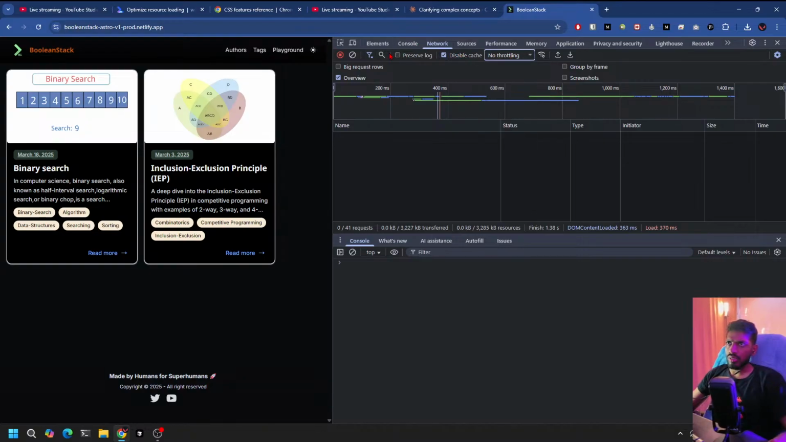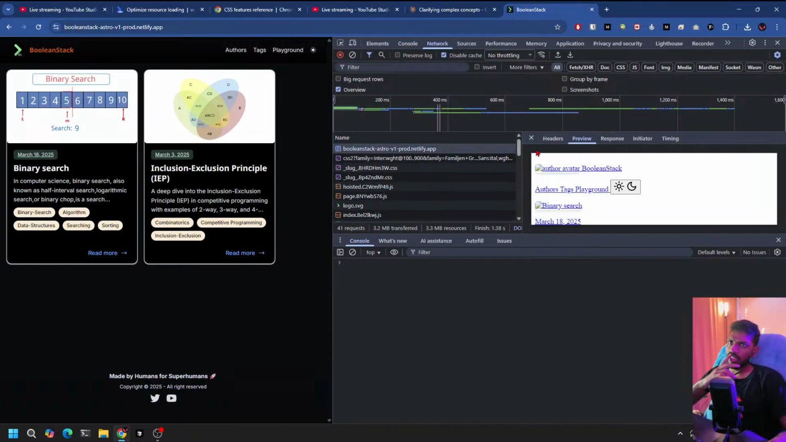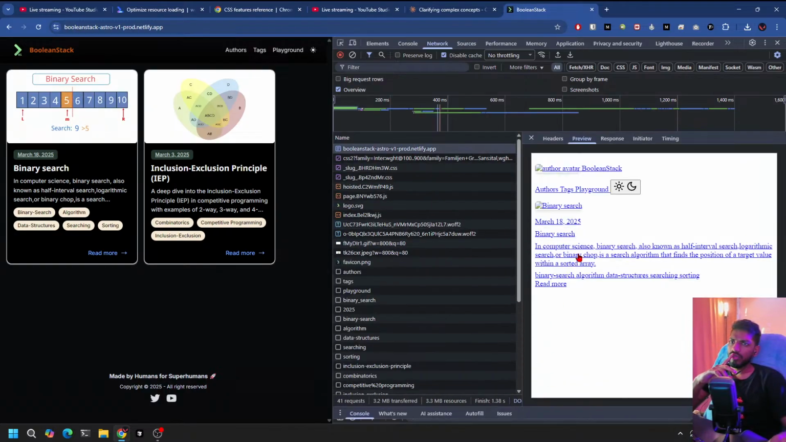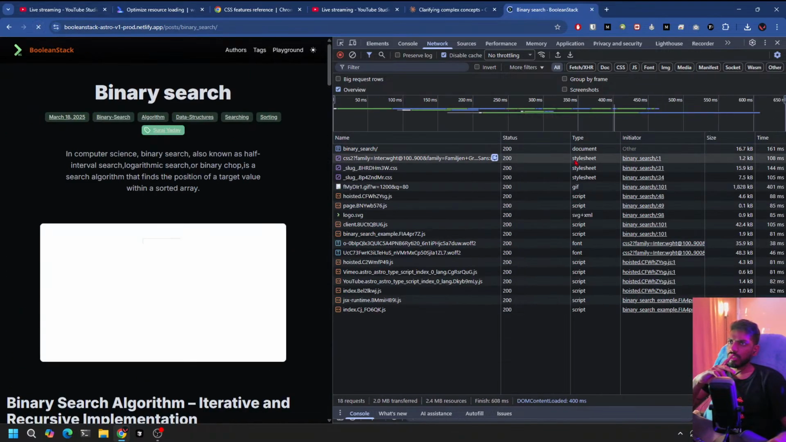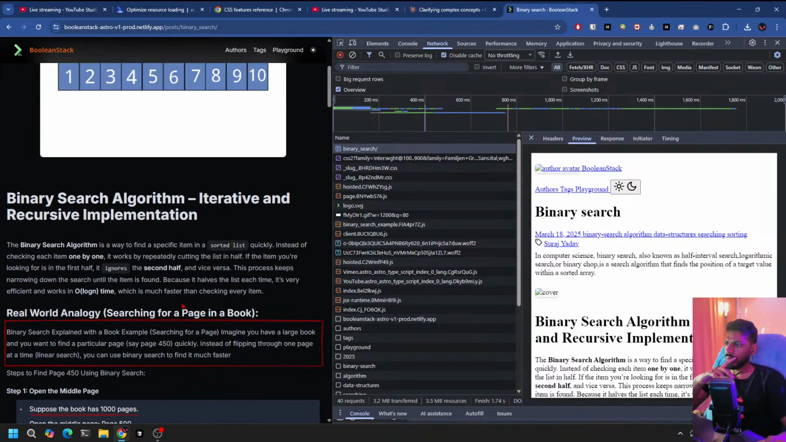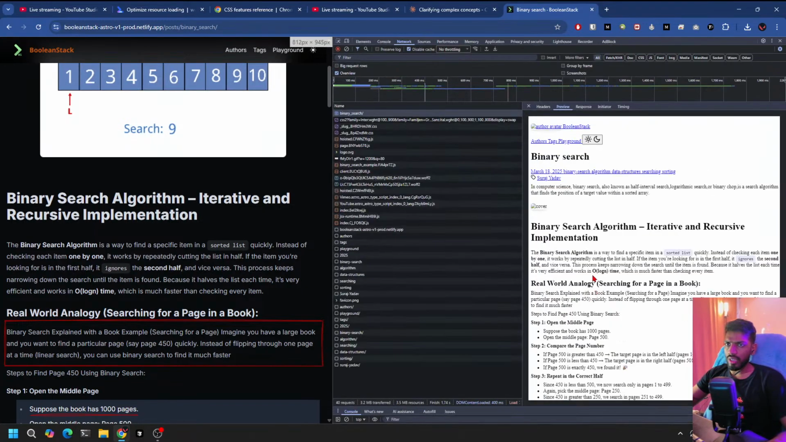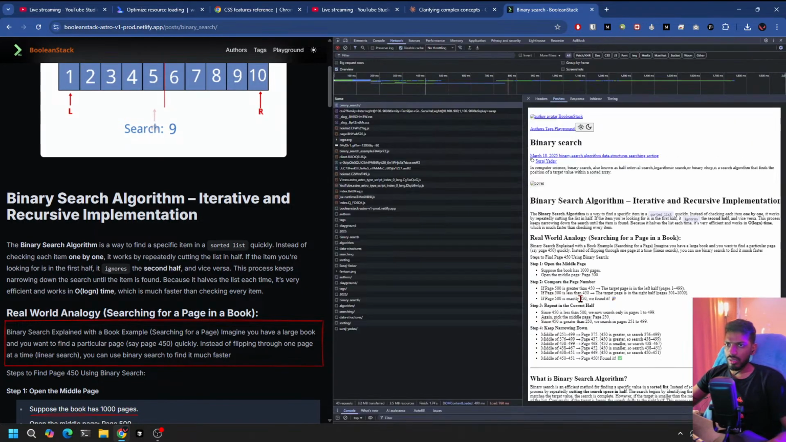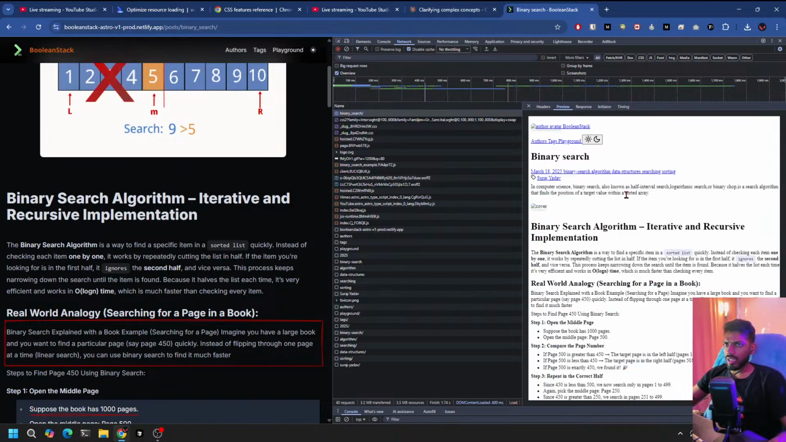Throttling, no throttling, filters, all filters. There we go. In the first one, we can see that. Let's go back to binary search. Let's reload this page, and this page is getting served from the server itself. So these are all the content that we have. Okay, so this is already loading from the server, and